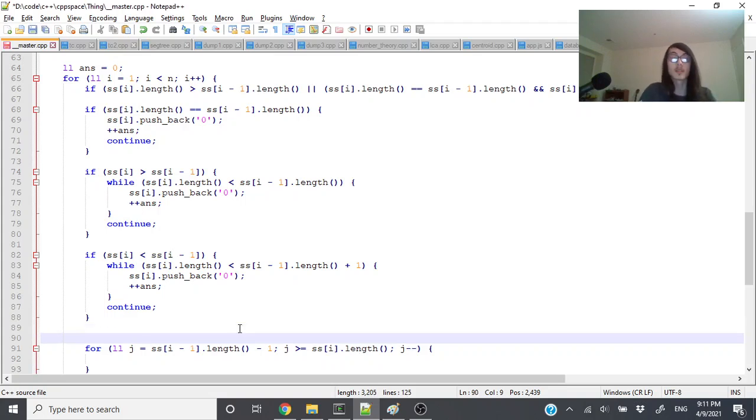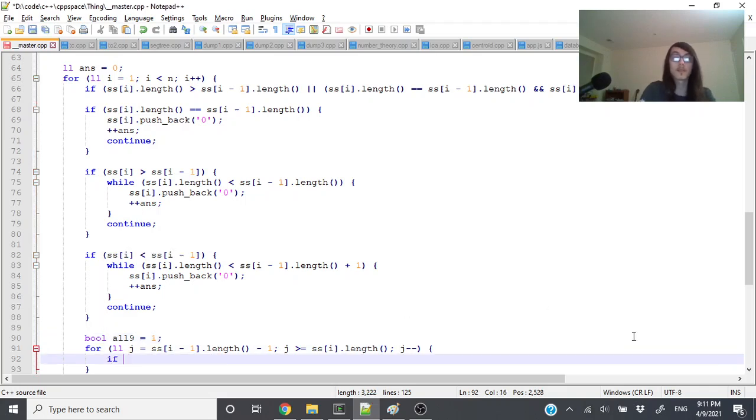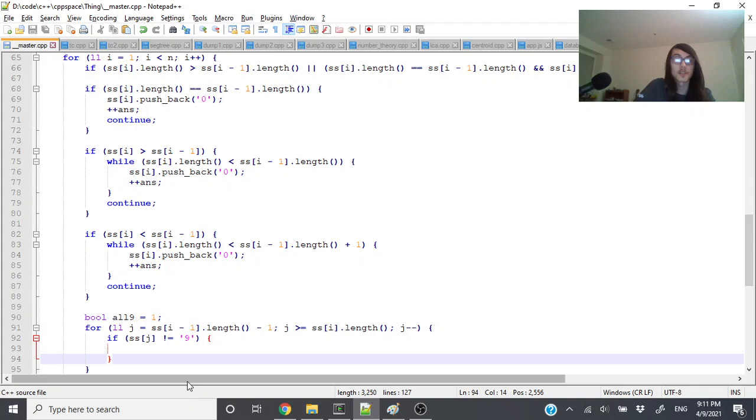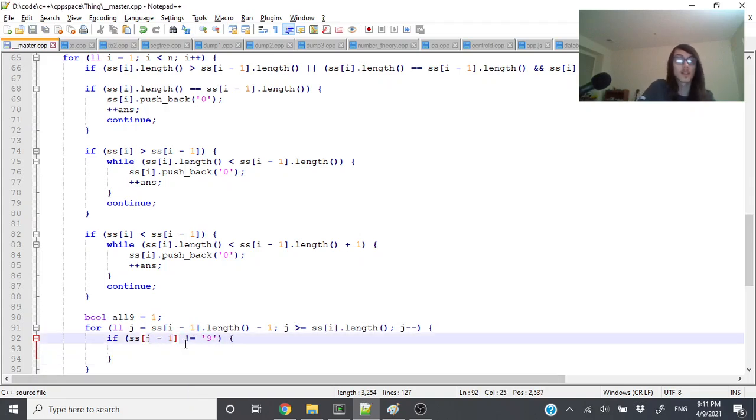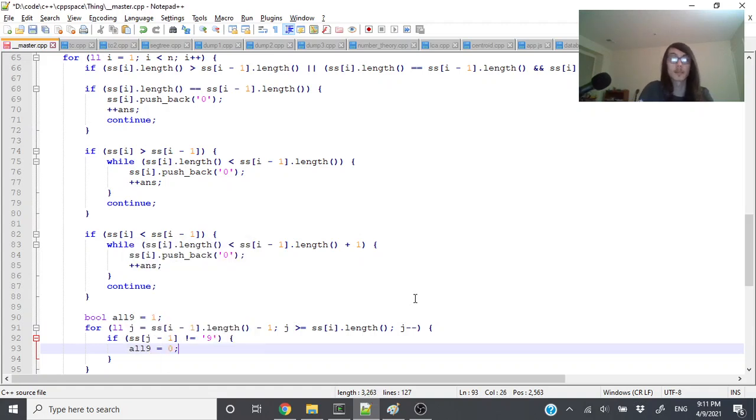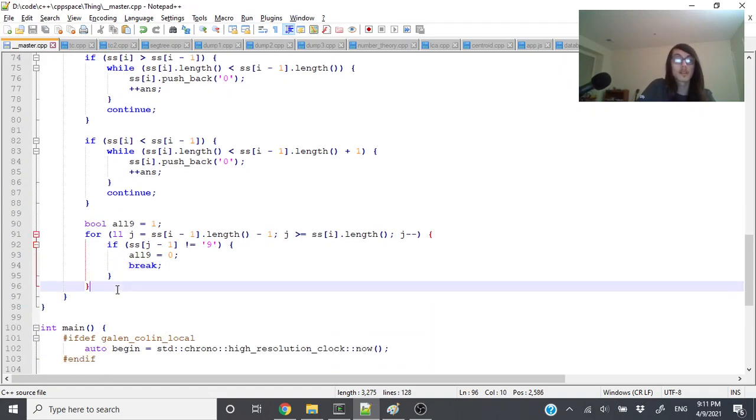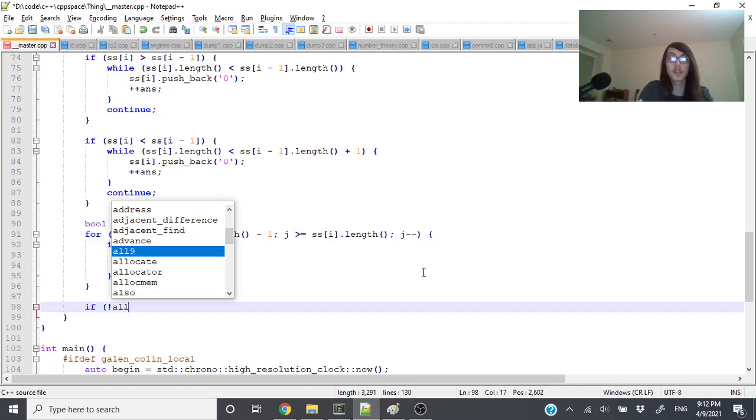Let's see. So bool all9 is equal to 1. If s[i][j] is not equal to 9, j minus 1. If the previous string is not all 9s after this, then all9 equals 0, break. So if not all9,